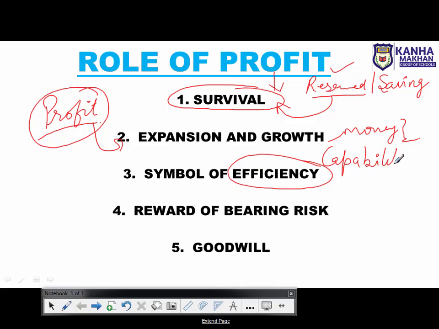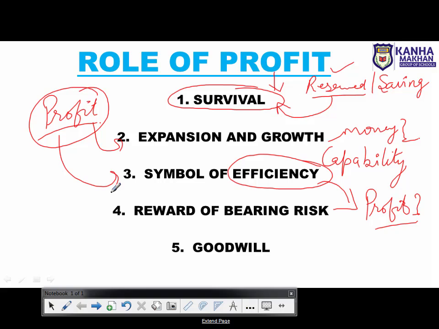So yes, if your business is earning a sufficient profit, it highlights the capability or the talent of your business. It actually highlights the efficiency of a business. How efficient is your business? Because if your business is not efficient, अगर कोई individual business efficient नहीं होगा, तो obviously it will not earn any profit. वो कोई profit earn नहीं कर पाएगा. So basically this maximum profit earning also shows the capability or the efficiency of a business, that how your business is working. Okay.